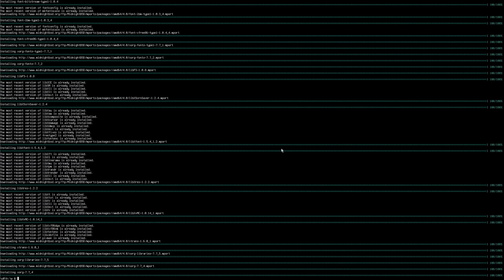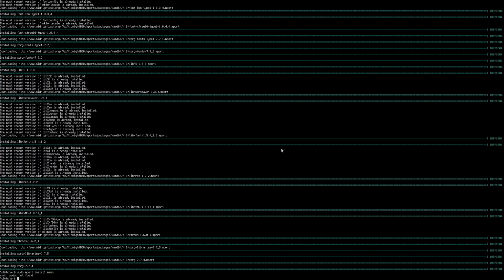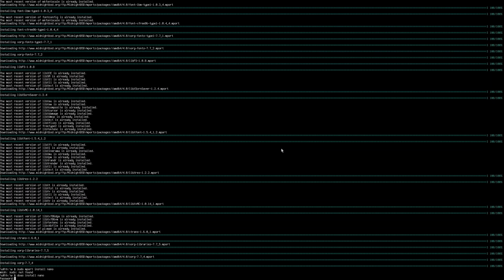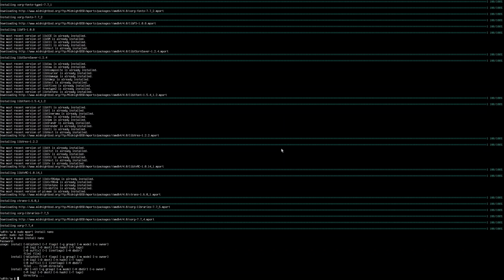Okay, so let's see here. Sudo mport install nano. I'm glad this guide has the foresight to tell me to just install nano instead of trusting that I know how to use Vim or Vi. Oh my god. Doas mport install nano. Jesus Christ. Oh shit. Password. Okay, that was.